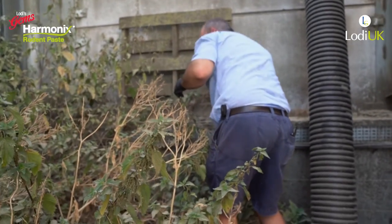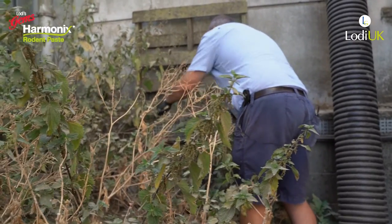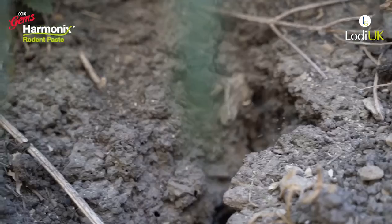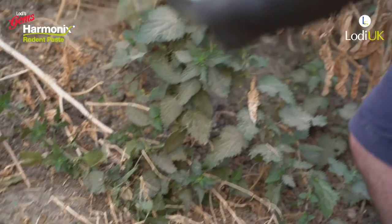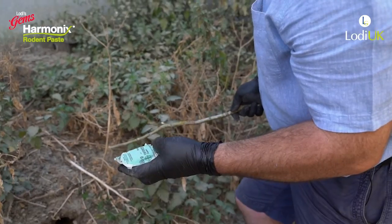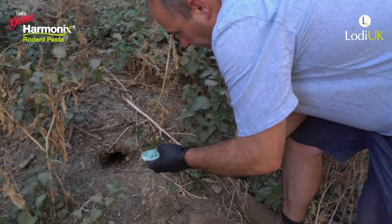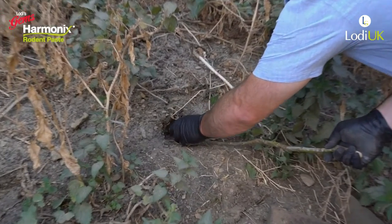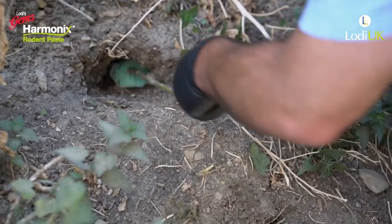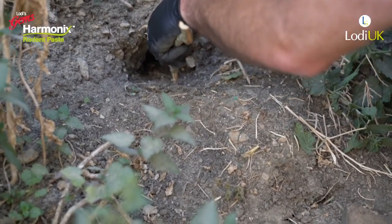There's bits of holes and stuff within them. There's a nest, an old nest under there, with what would appear to be a dead rat in it. So we're going to do some burrow baiting. We've got 100 grams of Harmonix rodent bait here. If we put it in the front of the hole and then just guide it down into the hole a good distance